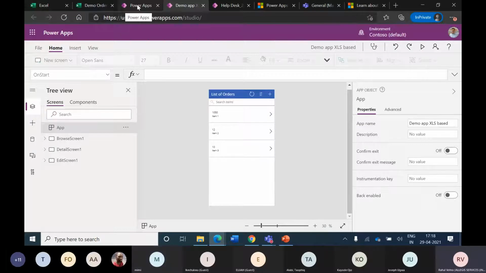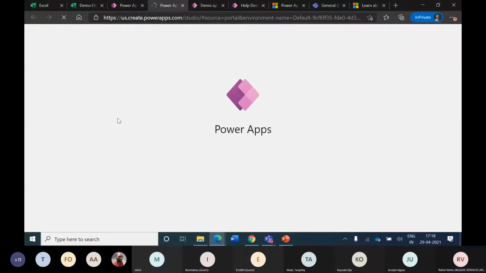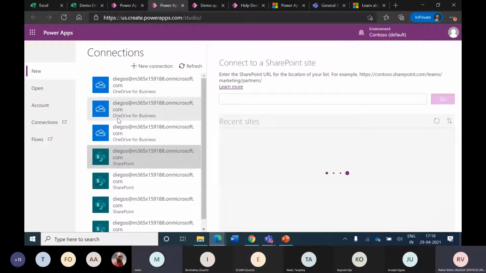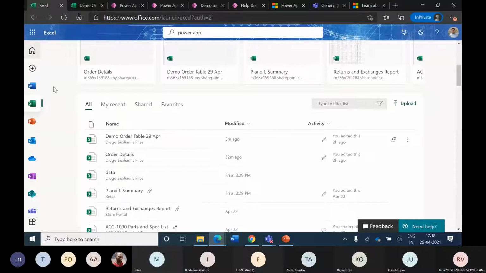We go ahead and look at another option which is available to us, which is creating an app based on SharePoint. So for that, I come back to the create option. I click on SharePoint. So just like the last time, it asked us to provide an Excel file, now it is asking us to provide a SharePoint list.